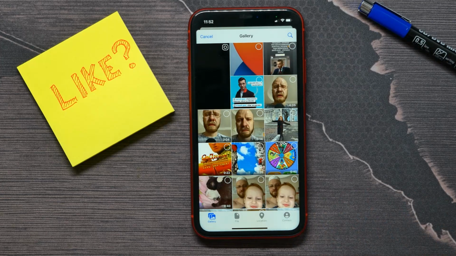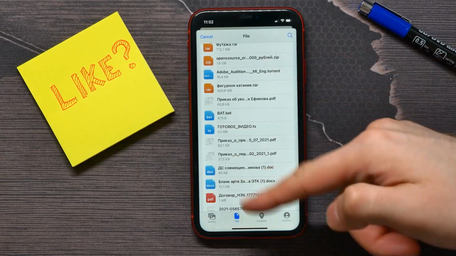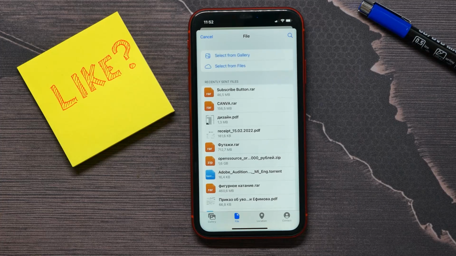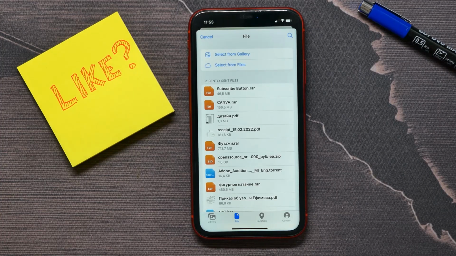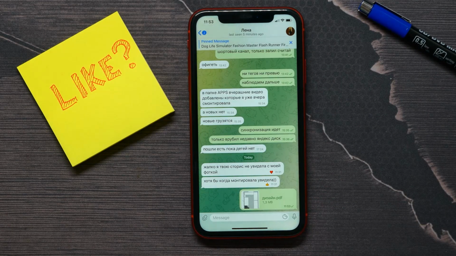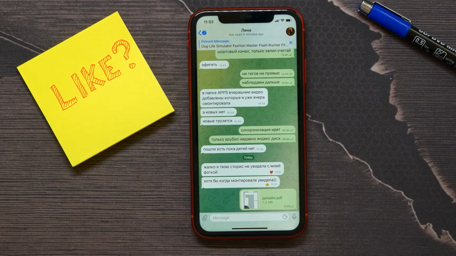and send contact. In that case I will select send a file, and here I see different files that are saved on my device. To send that file I'll just select it, and now I see that the file was successfully sent. In Telegram you can send any kind of files, and you have unlimited and completely free storage